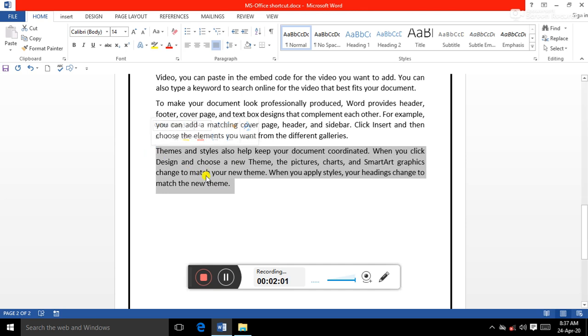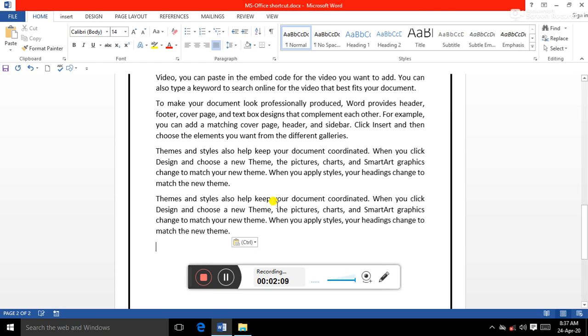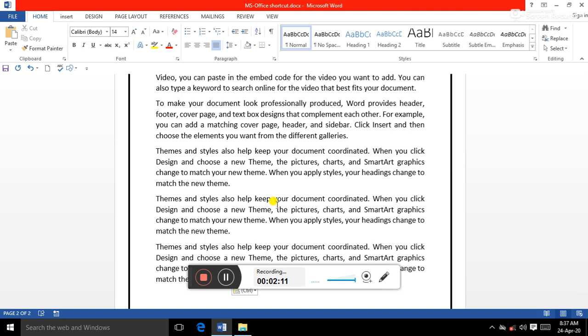Control plus C is used for copy only. So Control plus C and then I am pressing Control plus V. You can paste so many times by using Control plus V to the same selected text.